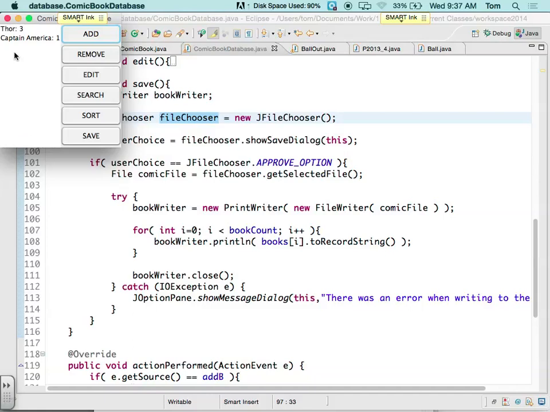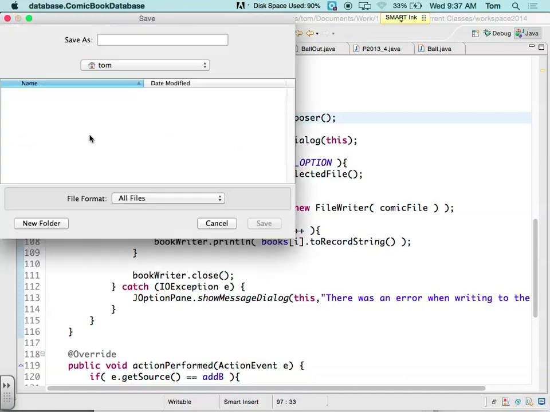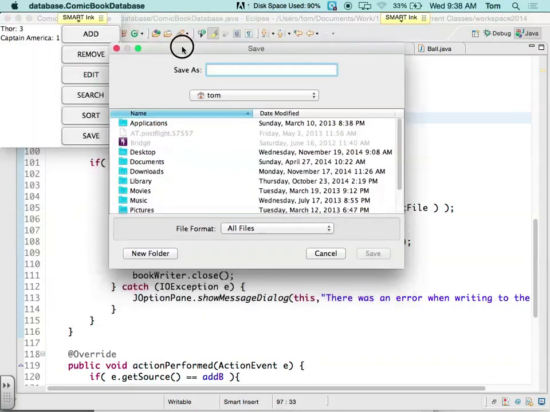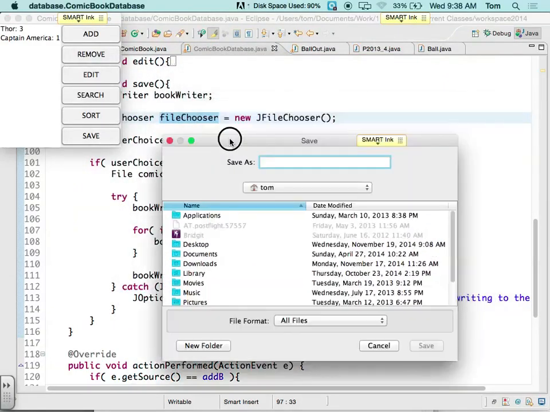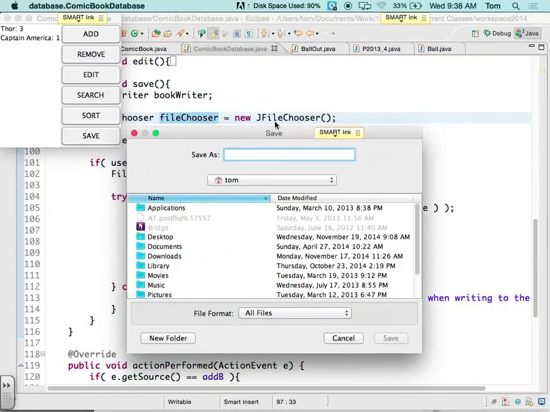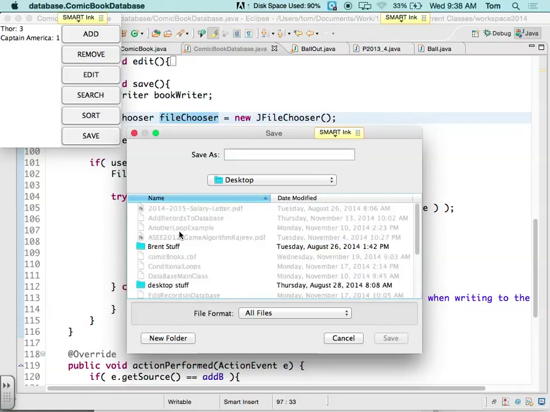Unfortunately, right now what's happening is every time I run this thing, it starts out with an empty list. So we want to be able to save those to a file. And the way that we're going to do that is by clicking Save, and that gives us this thing. Okay. This is called a JFileChooser. Okay. So what I can do is I can basically get to whatever file I want to get to. So I'm just going to save to my desktop, and I'm going to call this comics, and .txt is a